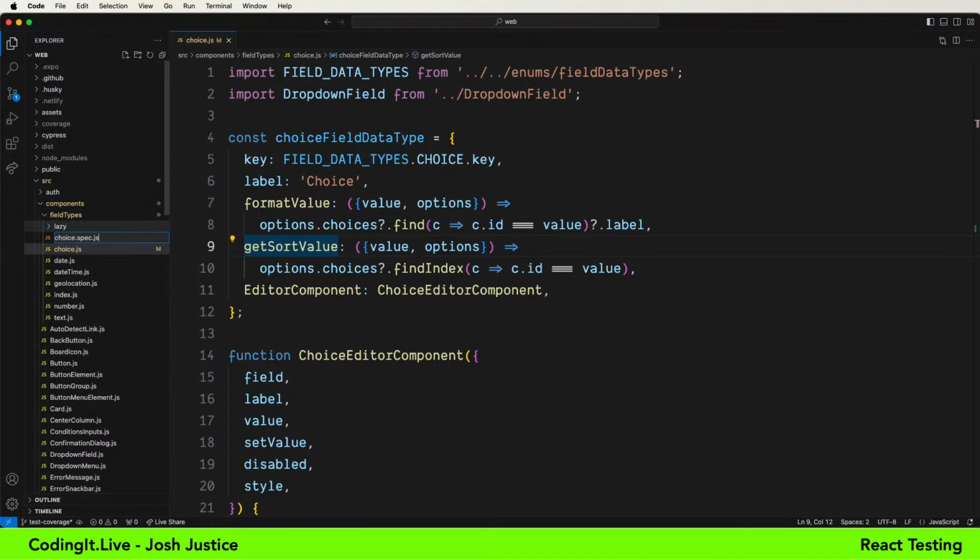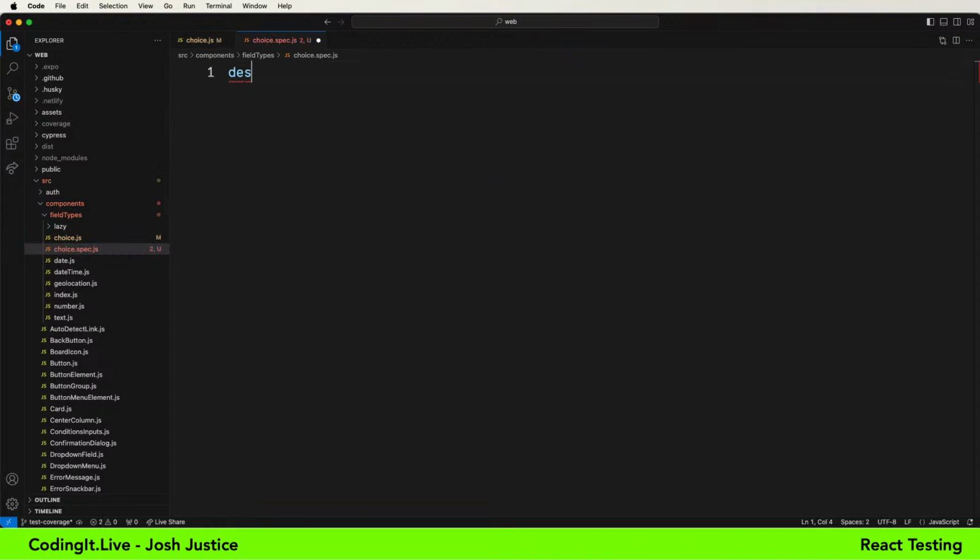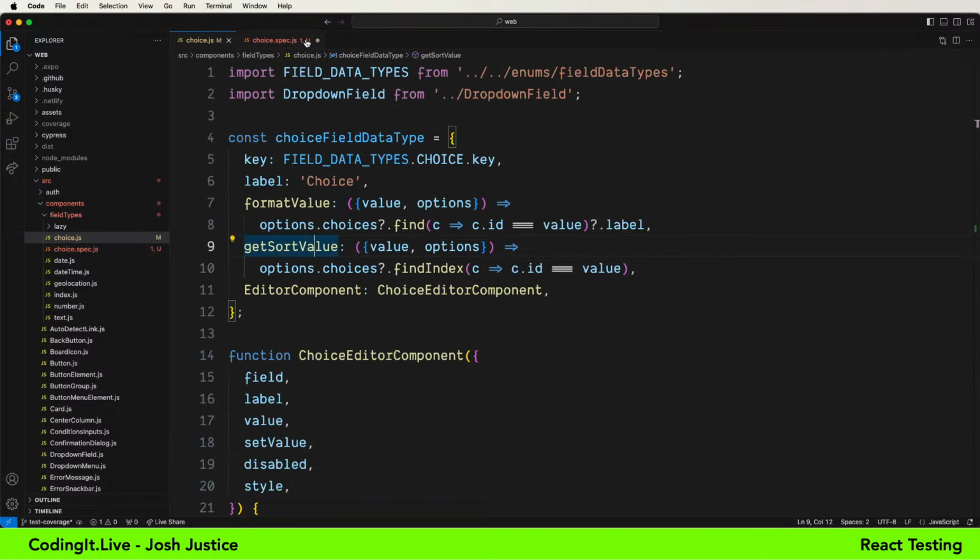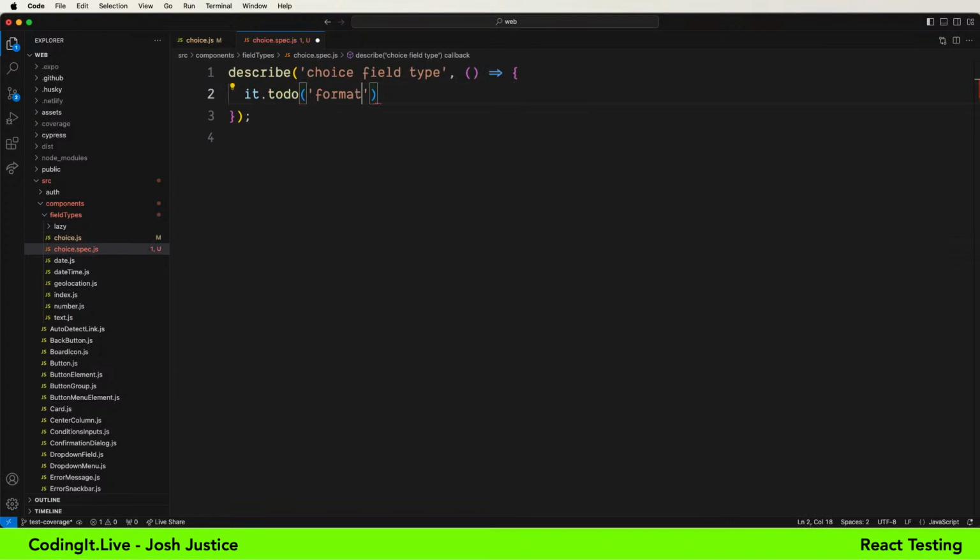Choice spec.js. That is vanilla JavaScript though, and I said that I wanted to focus on React Testing Library. So yeah, I think in the test file, I'm just going to put a to-do for those. Describe choice field type. Let's store the whole file. And then we'll say it.todo format value.